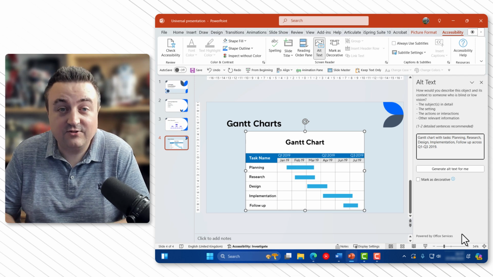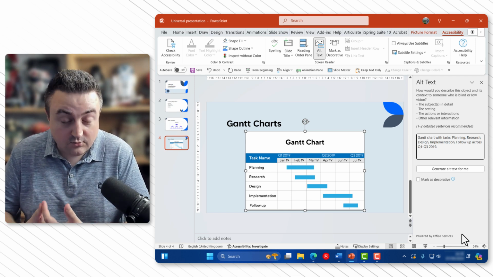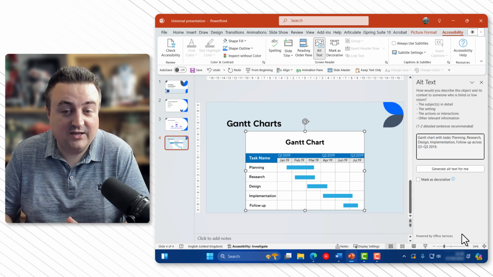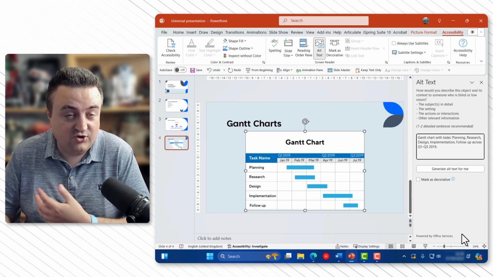They're not always correct. So always, always, always double check that it is correct and it is accurate. And you can edit it to your heart's content as well. So that's all there is to it. This should speed up your workflow. It certainly has sped up my workflow when I'm making course content and e-learning graphics and all that stuff.